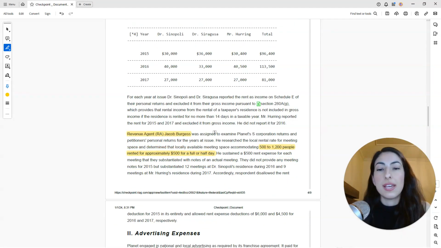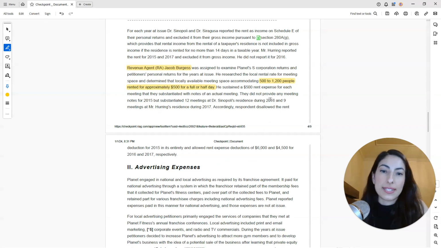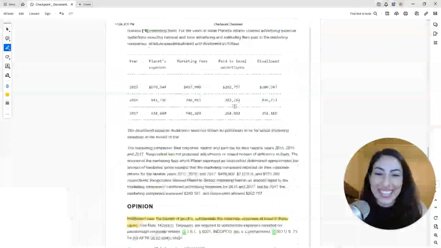All right, so what happens? Well, in practice, of course, the revenue agent picks up the case, and there's almost no revenue agent that's going to look at that and be like, oh yeah, that's reasonable. They're going to say, what the heck? Like, what are these guys trying to do? And so, of course, he researches and finds contradictory evidence, not uncommon, and says it's 500. And that's what he said his argument was.